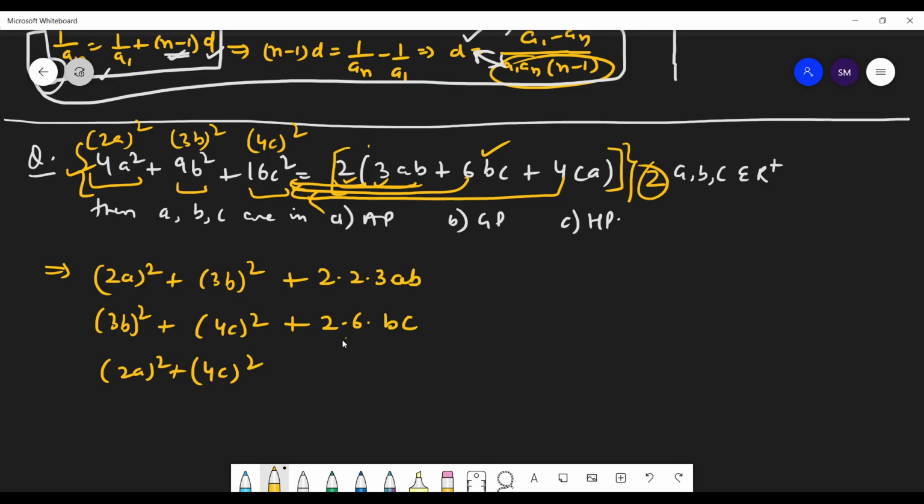Sir, they will be in minus. Sir, will we not subtract this? Oh, sorry. They will be in subtraction. Of course they will be in subtraction. Brother, things don't happen just because I say so. Whatever is correct will be. I can write wrong. So that's a good thing you have pointed out. Don't forget this 2, apply it with each one. There is a 2 in each, so it is better to apply these 2s first. So 2 into 2 and then 3ab and then 6bc and then 4ca.